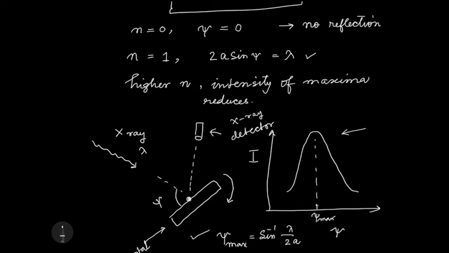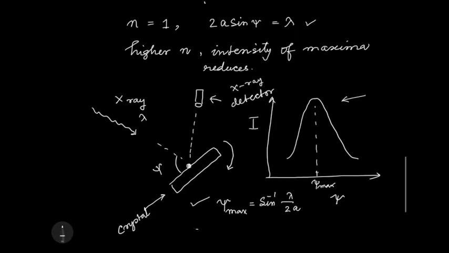I put that in this formula, and that gives me the lambda if I know a. So lambda is 2a sin psi max. So that makes an X-ray spectroscope, because I can now measure the spectral content of the radiation, which frequency the radiation is